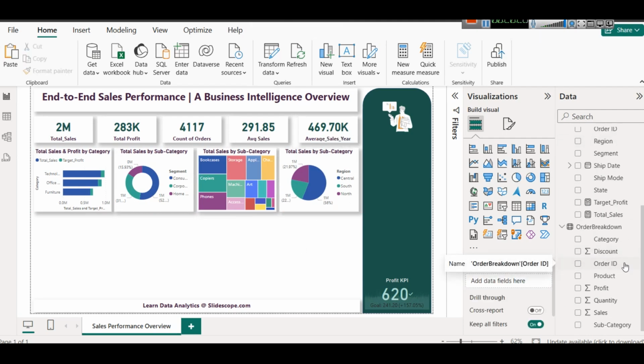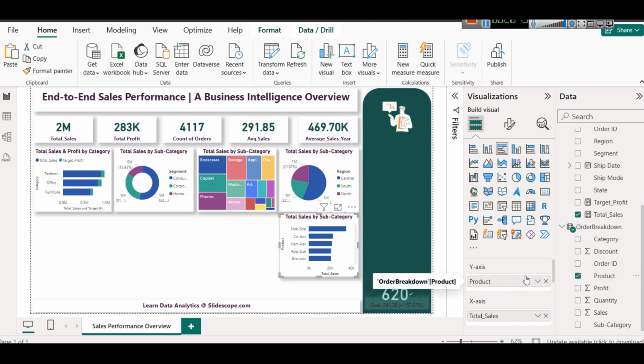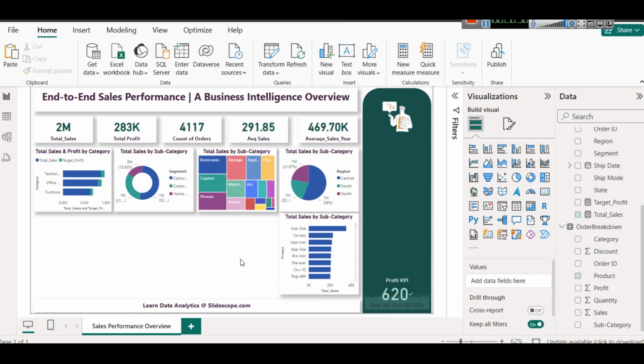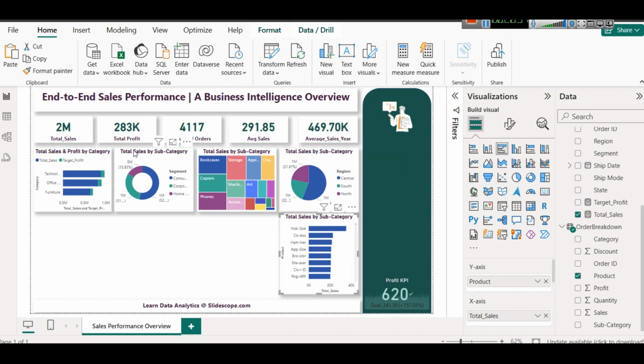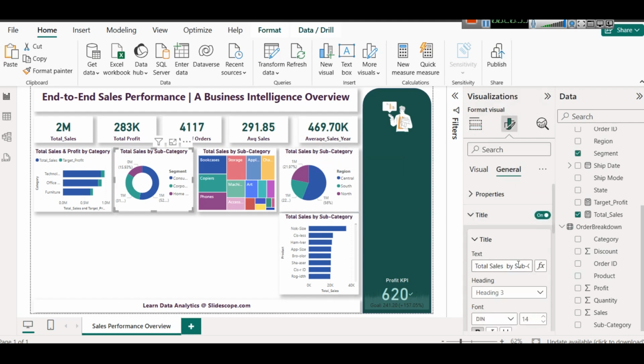Next we also have different products. So if we want to analyze which are the top selling products, for that I will simply copy this chart, and I'm going to use a clustered bar chart here, and I will just select product name. So it will arrange the data according to products. Okay, and first thing I have to do is change these names. So this will be total sales by